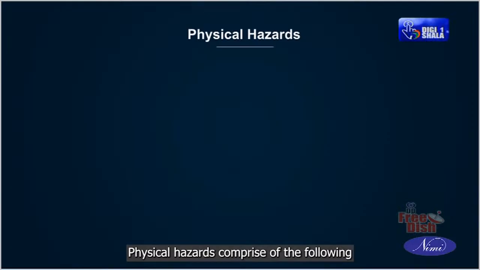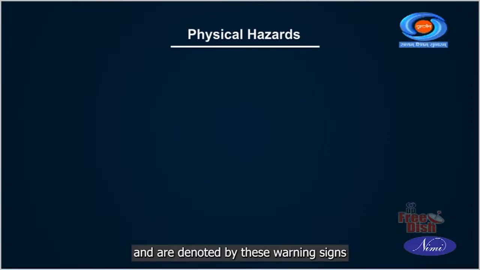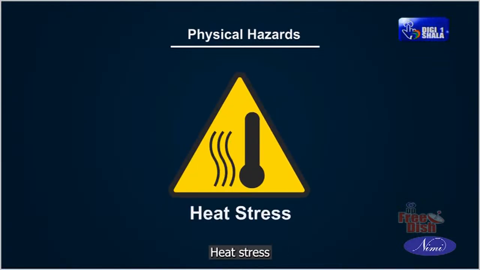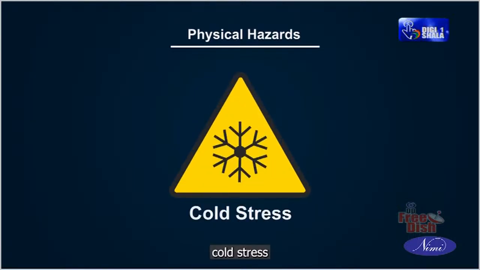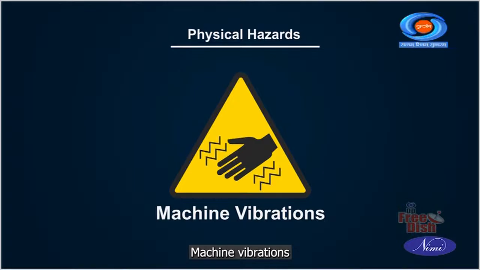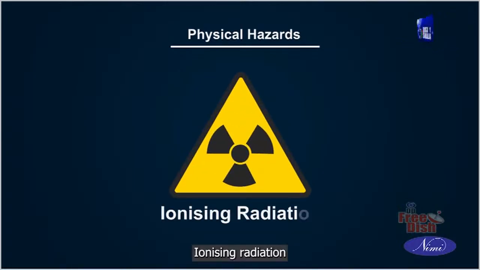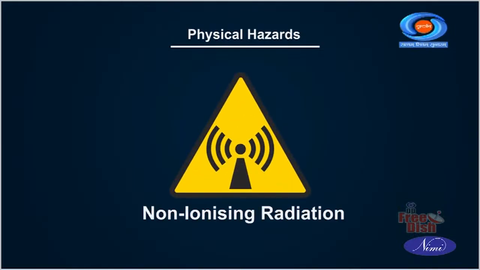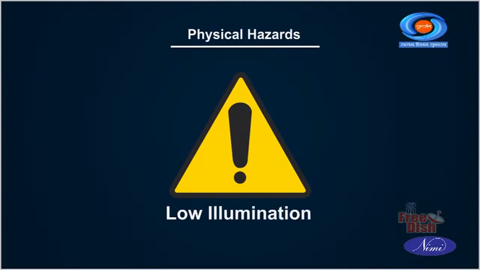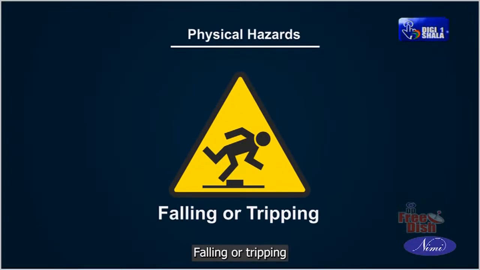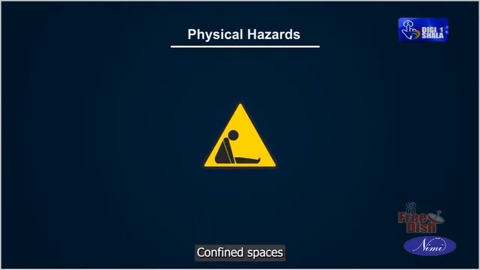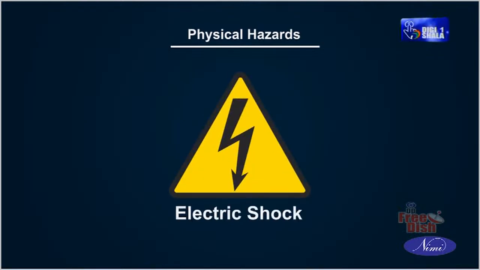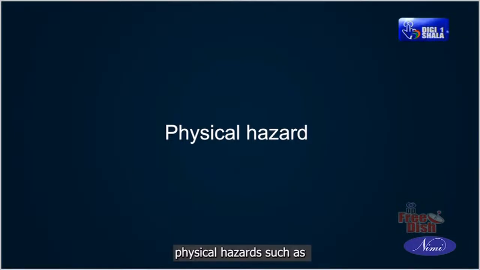Physical hazards comprise of the following and are denoted by these warning signs: high noise levels, heat stress, cold stress, machine vibrations, ionizing radiation, non-ionizing radiation, low illumination, falling or tripping, confined spaces, electric shock. There are some more physical hazards such as